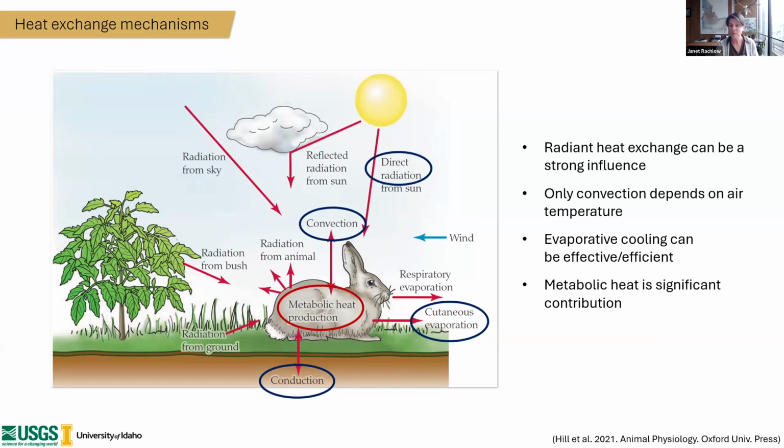The third point to remember is that evaporative cooling can be really effective and also really energy efficient as long as water is available. But for many of these dryland ecosystems, they're becoming more arid as well as becoming warmer. So that is challenging for animals. And the last point to remember is that endotherms, which we're talking about birds and mammals, we're not really going to talk about reptiles and amphibians. They relate to the environment very differently. But endotherms generate a lot of heat, and their metabolic heat that they produce themselves is actually a significant contribution to the overall heat load that gets into the equation for their heat balance in a warming environment.